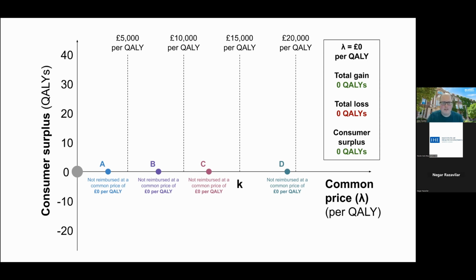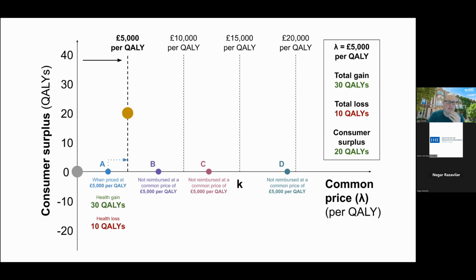Now, starting from this extreme position, what happens if you increase that threshold, let's say to £5,000 per QALY? This is still a very low threshold. It's too low, and we'll see why in a minute. Only treatment A will actually be supplied at this threshold, because its reserve ICER has been met. And treatment A will be priced up to £5,000 per QALY. When it's priced at £5,000 per QALY, it provides a health gain of 30 QALYs and a health loss